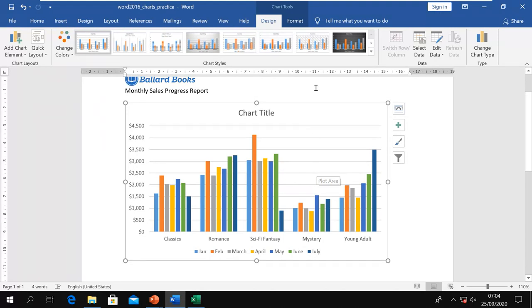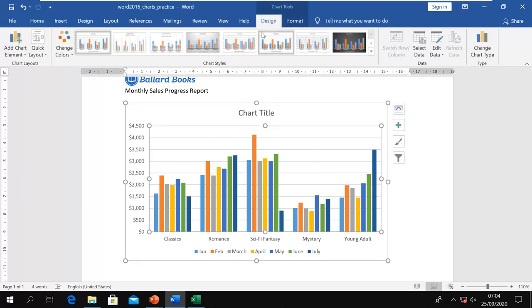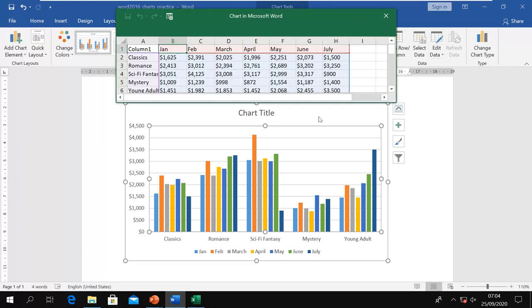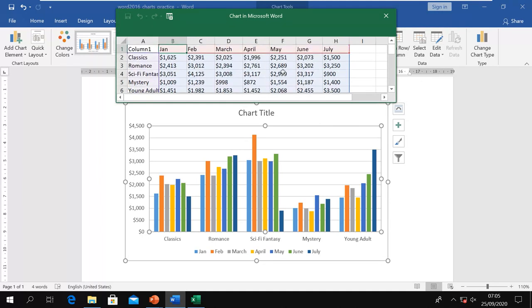So what I can do, I have to first select the chart. When I select the chart, this contextual tab will come that is related to chart tools, and we have one tab which is the design tab. We click on that design tab, and then in the data group we have this edit data command. When you click on this edit data command, you can see the window again, and then whatever you want you can add, edit, and anything you can do.